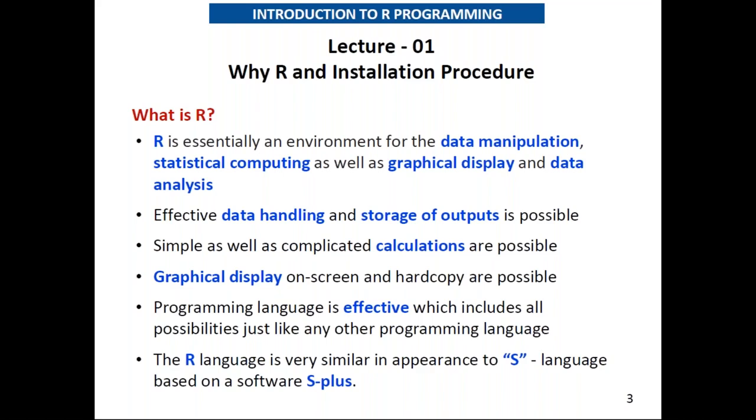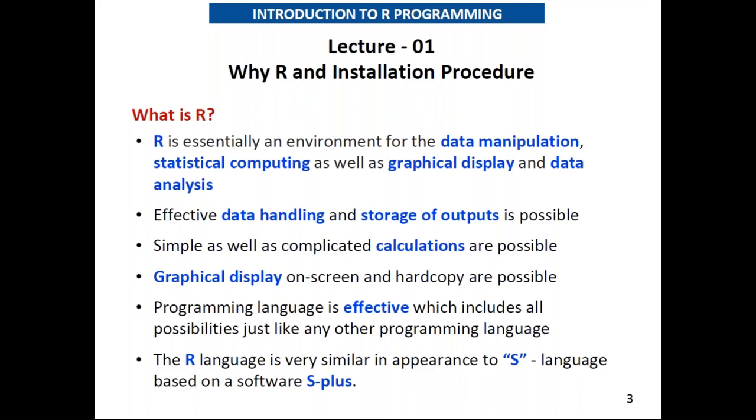Simple as well as complicated calculations are possible in R. Graphical display on screen and hard copy are possible.